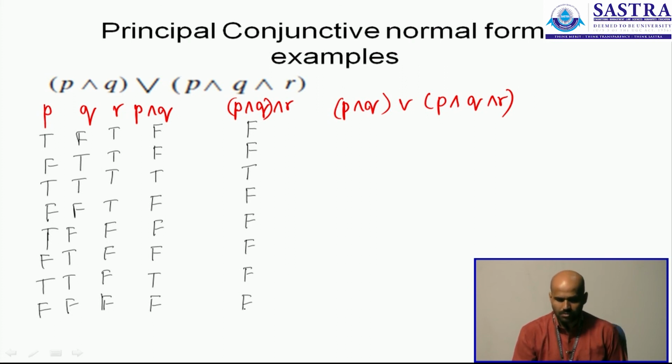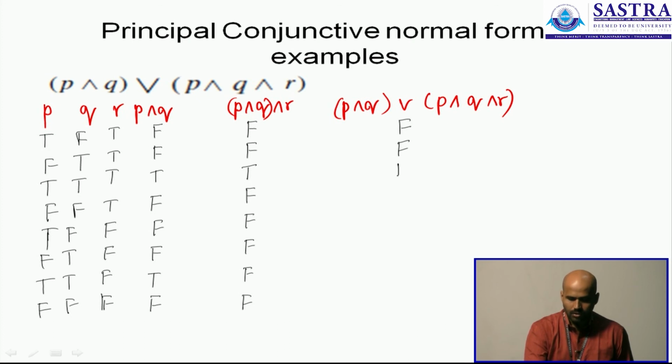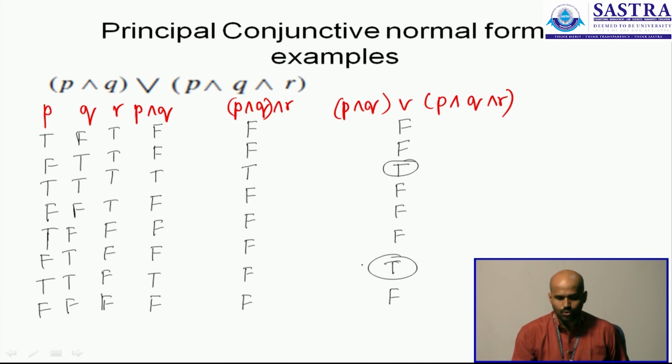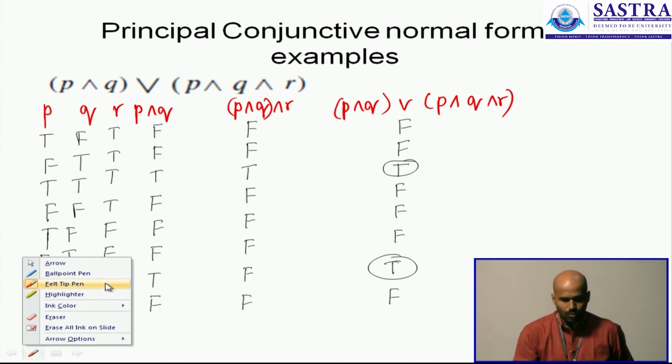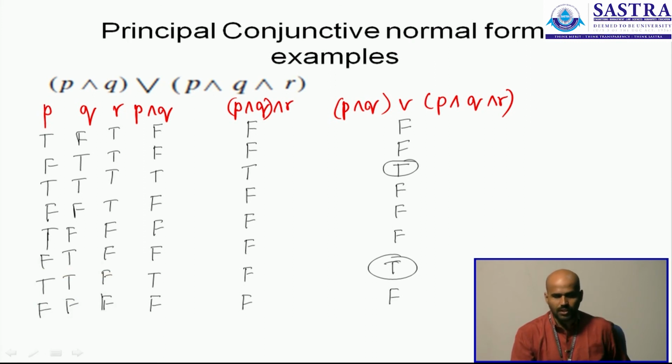And now a disjunction between the fourth column and the fifth column. Look at the fourth column and the fifth column, it's a disjunction. Double false is false, double false is false again, double true is true, false, false, false, true and false. So you exactly have 6 rows with false values and 2 rows with true values. You're supposed to identify the false ones. Let's write down what the false ones are. The false ones come from rows numbered 1, 2, 4, 5, 6 and 8.